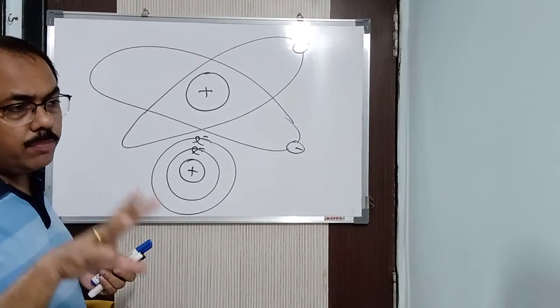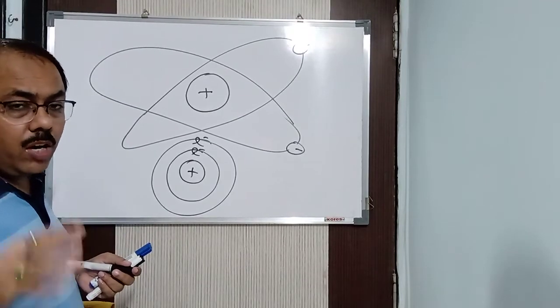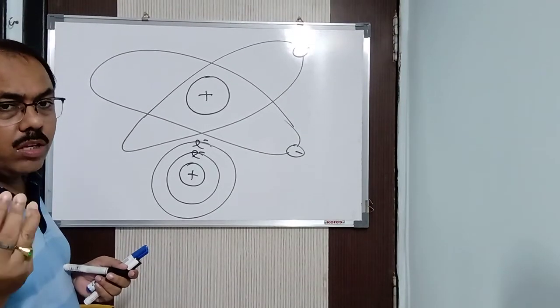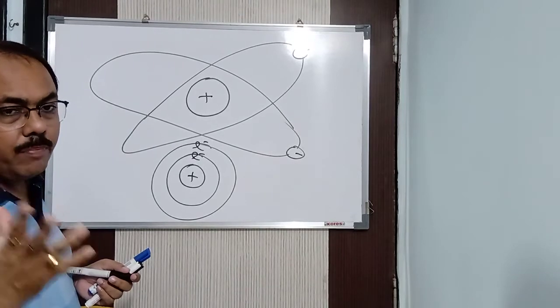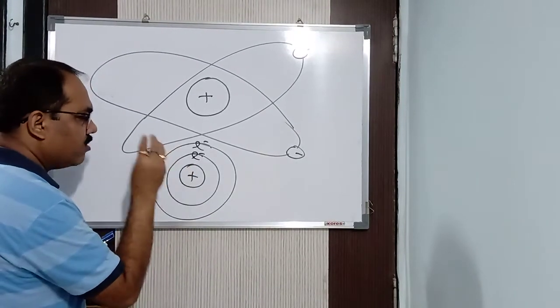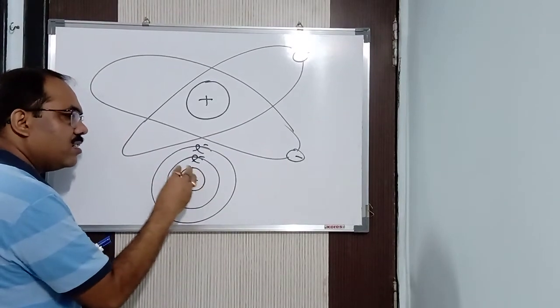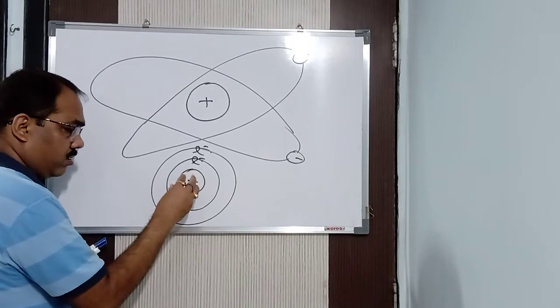So anywhere you keep the cricket ball in that particular 5-kilometer radius cricket field, you cannot find it. Why? Because the cricket ball is very small compared to that field. Here also same thing. The nucleus is very minute, it is very dense, because the entire mass of the atom is concentrated here.